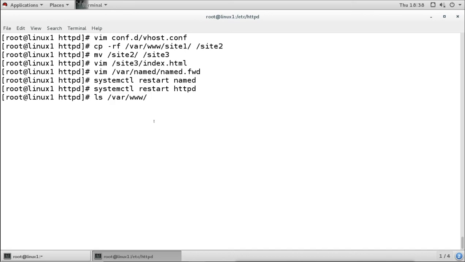When we created site 1, we created it under this directory. When we created site 2, it was created under this directory, because the syntax for this is available in the main configuration file. So when we see the main configuration file, the syntax for this is already there.